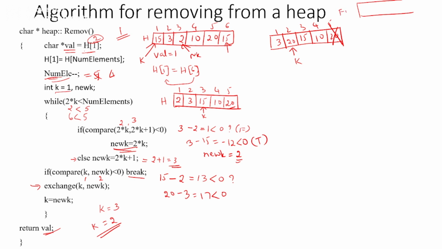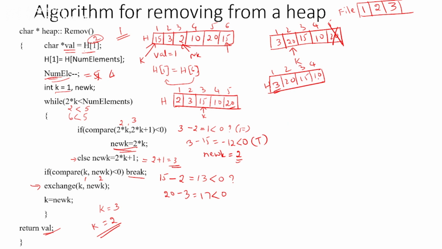If I take this as the file, initially 1 has been returned, then 2 has been returned. In the next iteration, what will happen? You are going to take the next particular value, h of 1. This is your new h of 1 now. So I will write the array as 3, 20, 15 and 10. Only 4 elements are there now. Number of element is 4, then h of 1 is nothing but 3. So 3 will be returned back to the file, and here the same procedure will be taking place.